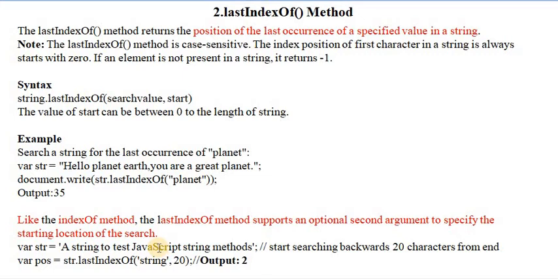Here it starts searching for the string, and the string is present at the second position, so it returns 2 on a web page. This is lastIndexOf, which is the same as the indexOf method. We can add a second argument also like indexOf, but it returns the position of the last occurrence of a specified value in a string.